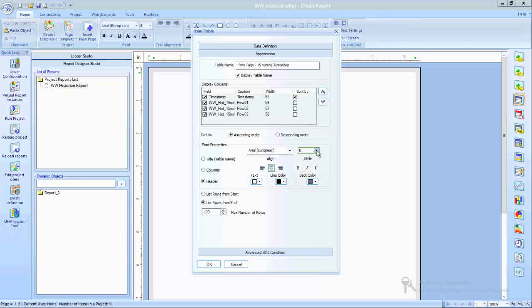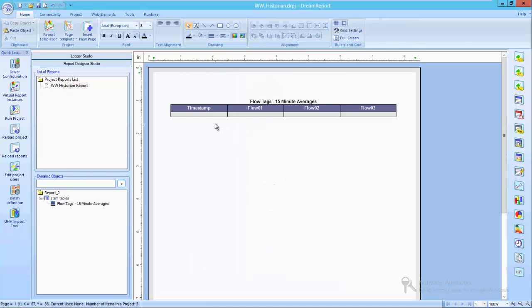And that's it. Say OK. The next thing we're going to do is put a trend or a line chart on our report. So we'll select the chart object from our toolbox, place it where we want it located on the report,